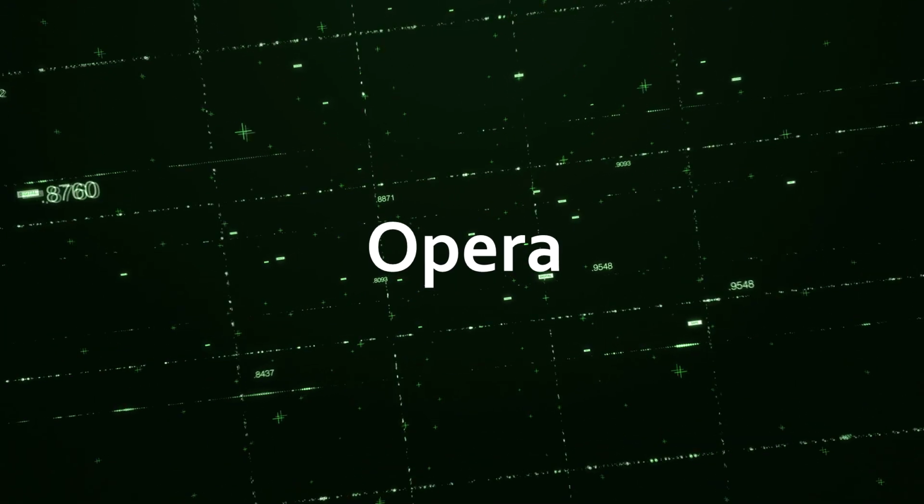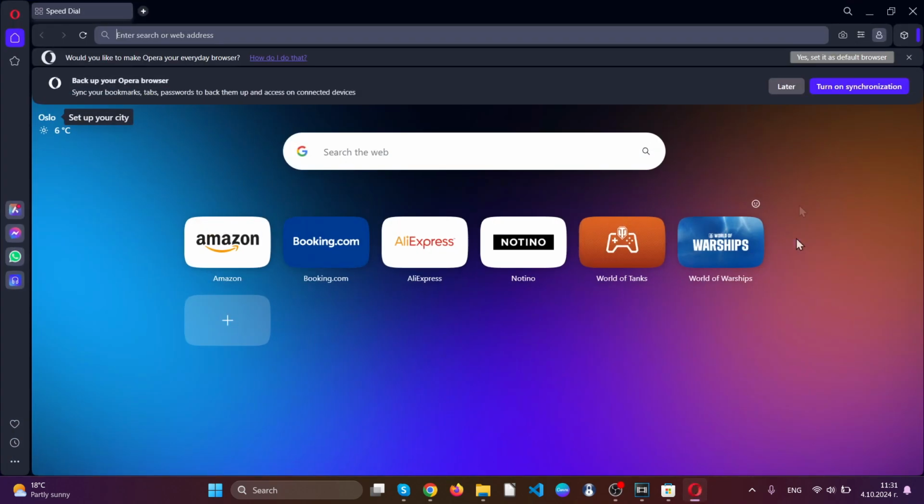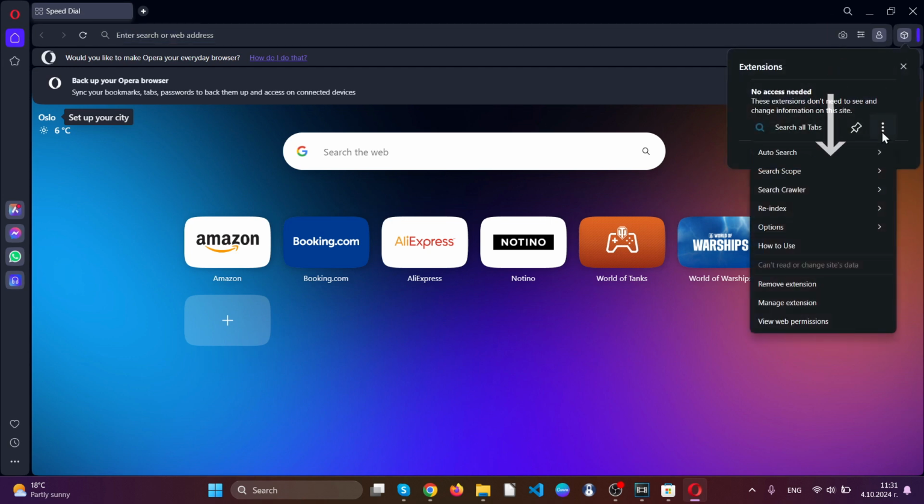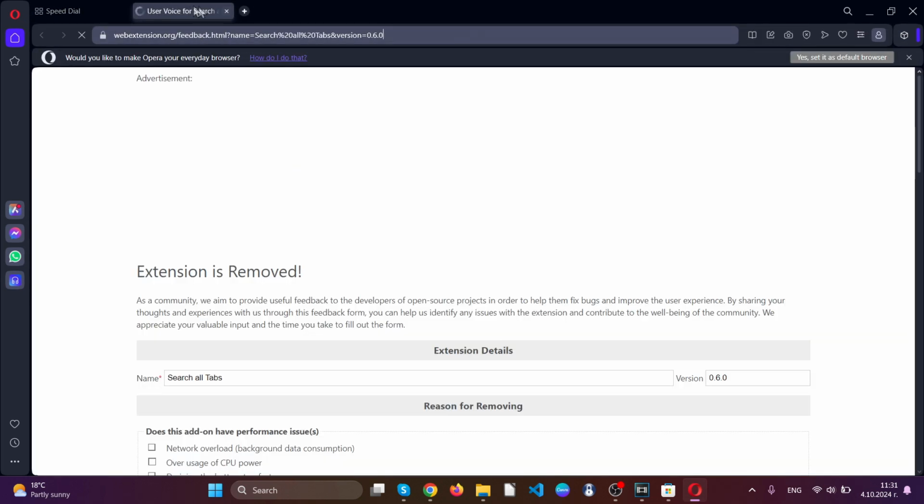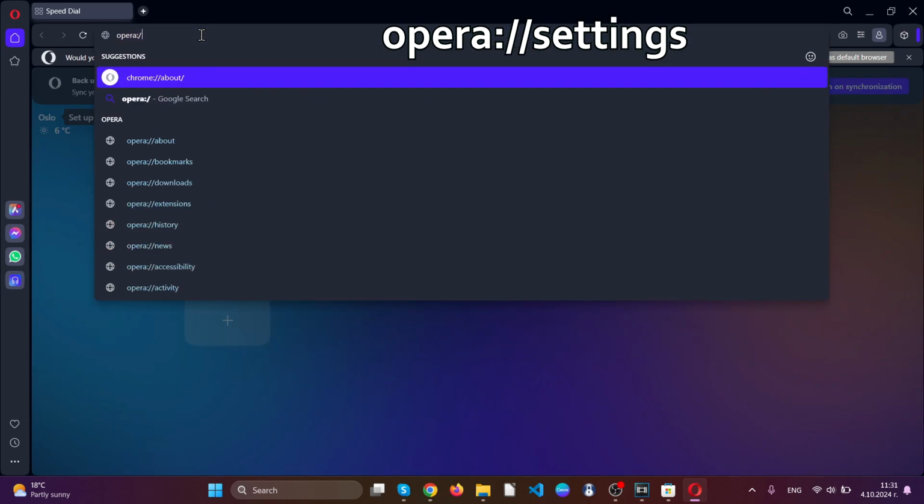Now for Opera browser, we're gonna go ahead and open the web browser, after which go to the top right hand corner of your screen, click on the extensions tab, locate the suspicious extension, click on the three dots and click remove extension. Just like with Google Chrome, go over to the settings by typing Opera settings